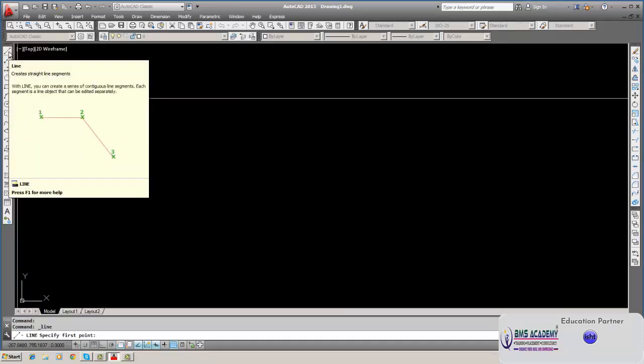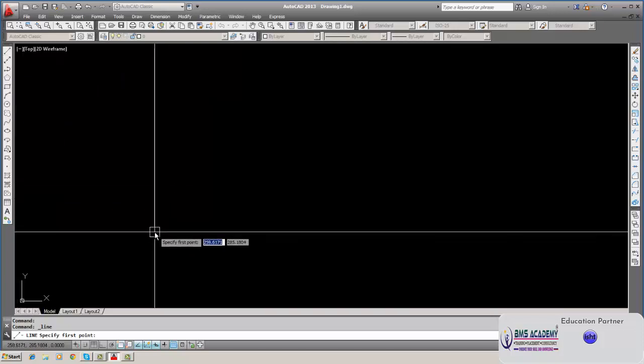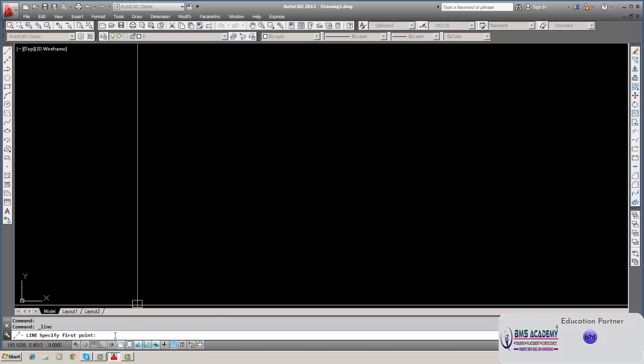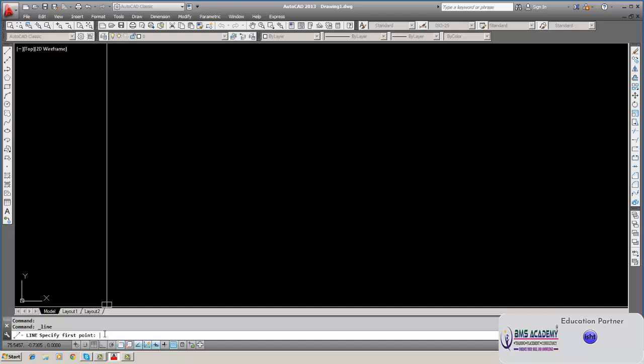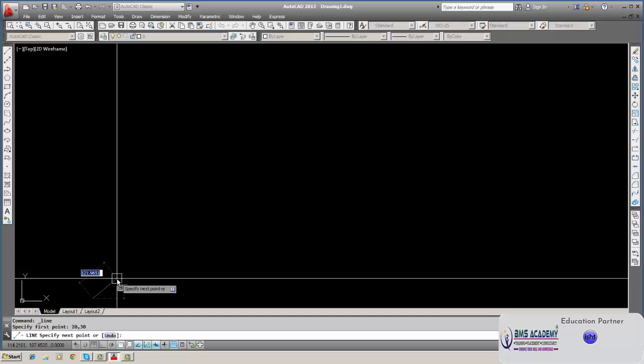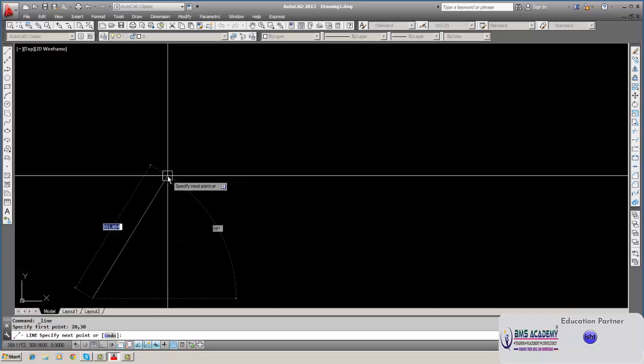Suppose we click on this. In the command screen, you can see it says specify first point. The specification of the first point is by entering the values here, the coordinates, the first starting coordinates. Suppose we enter 20 and 30 and press return. So this is the starting point. This point is at a distance of 20, 30 as specified. And as we move the